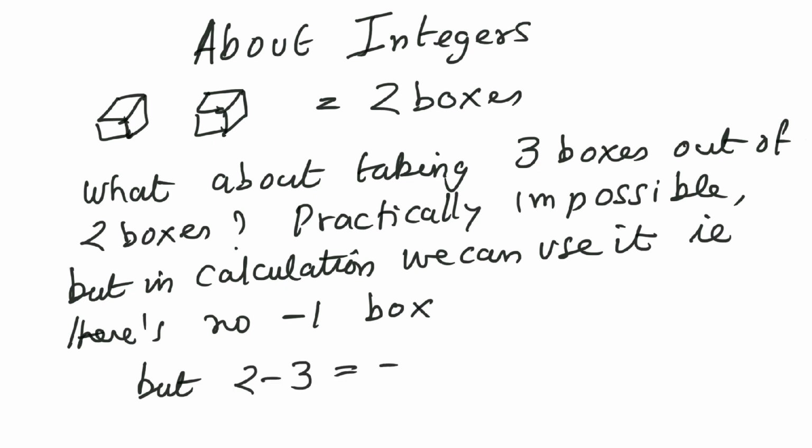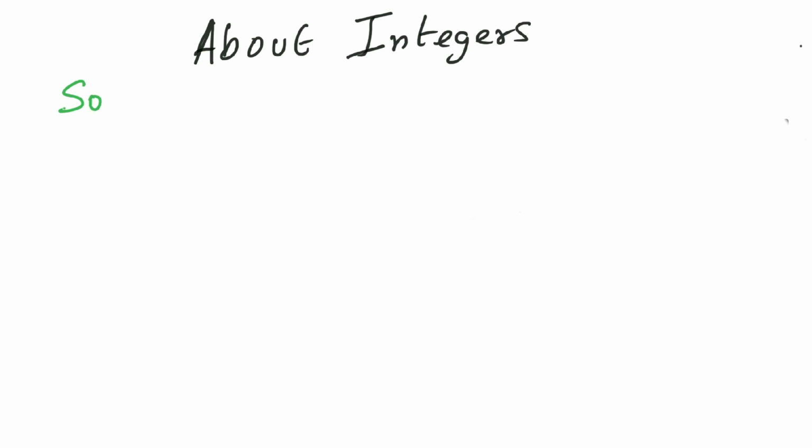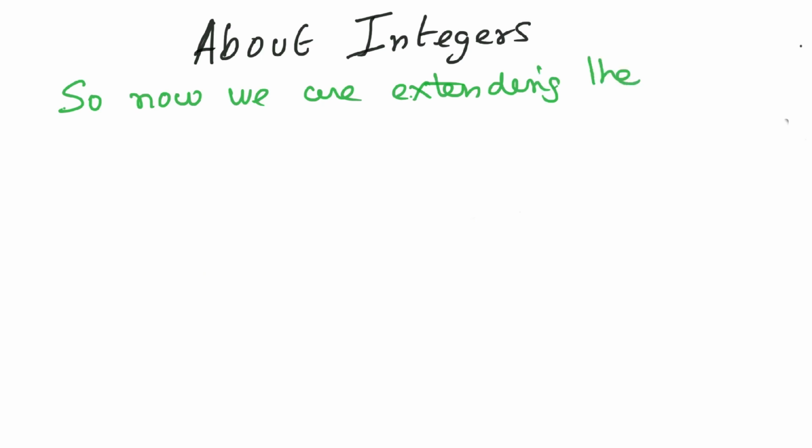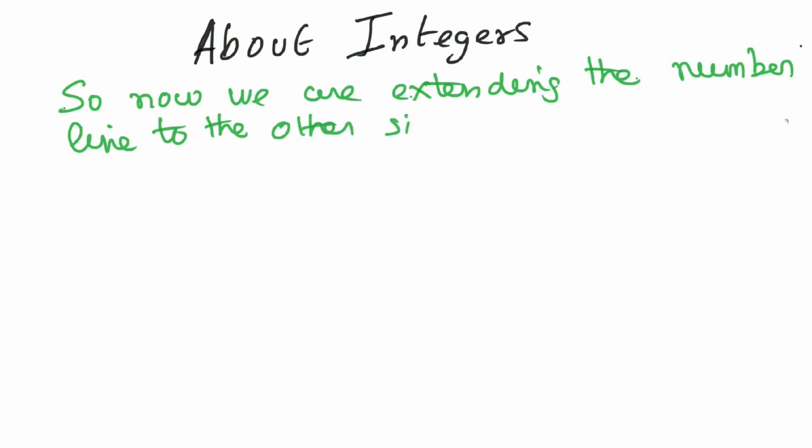So 2 minus 3, that is minus 1, basically means that we are extending the number line which started with 0, 1, 2, 3 to the other side. So that's the key meaning. So integers represent the case where we are introducing the concept of negative numbers. And note that by introducing the concept of negative numbers, we are extending the number line to the left side, towards the other side. Other side means the side which